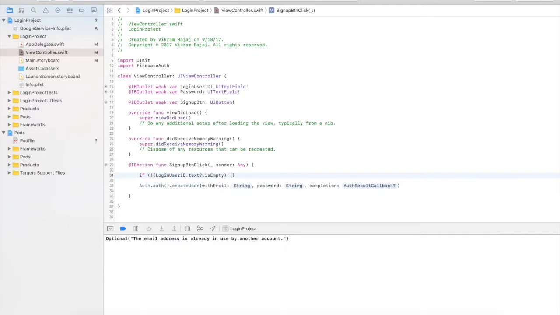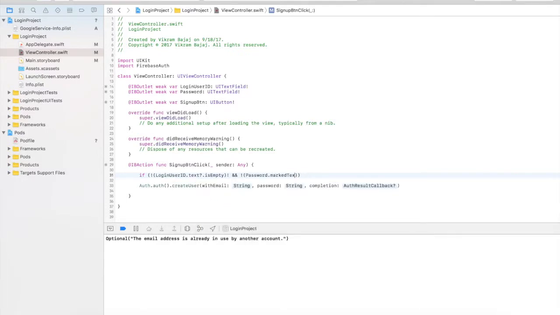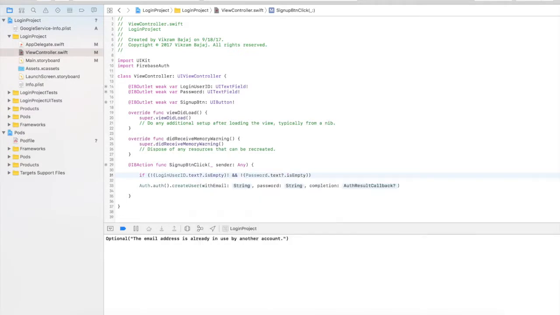Okay, it's not empty, and the other field is the password one. For that I need to write the same condition, text is empty. Okay, so when both fields are not empty, it makes sense to go further and start creating